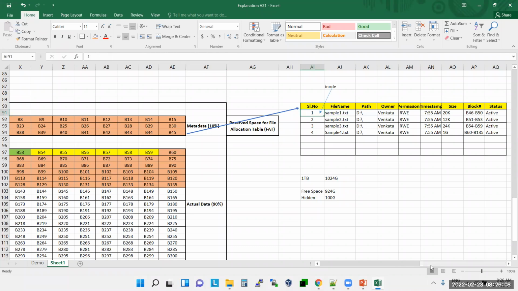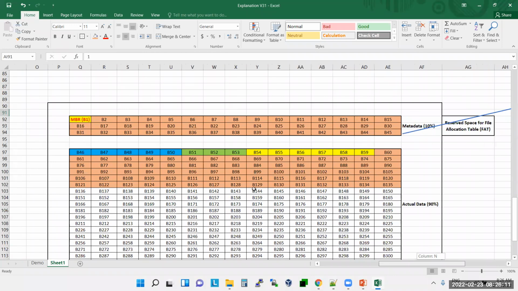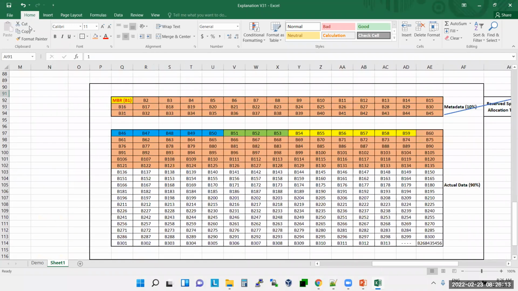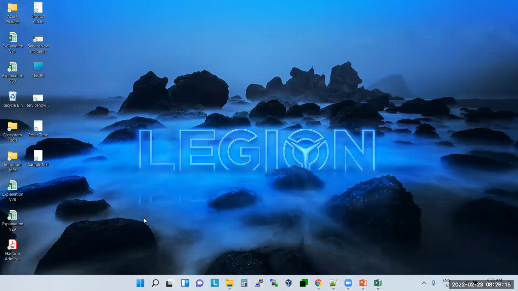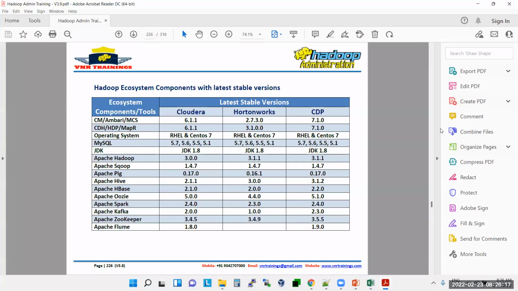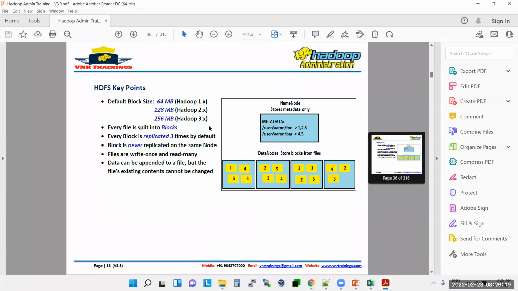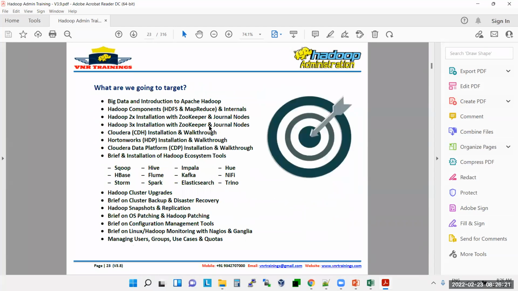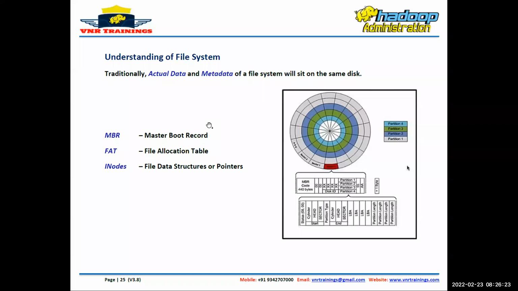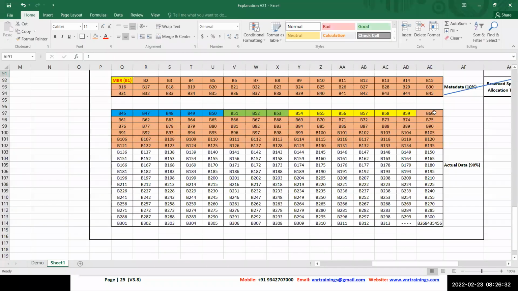So now, slowly, let us go back to our PPT. Understanding the file system. Additionally, the actual data and metadata of the file system will sit on the same hard disk.